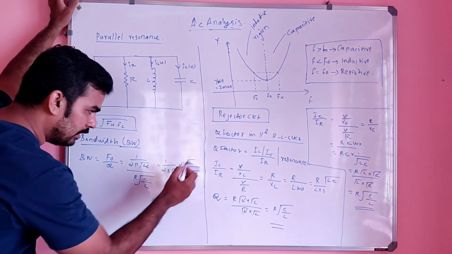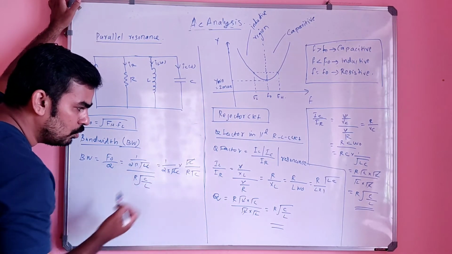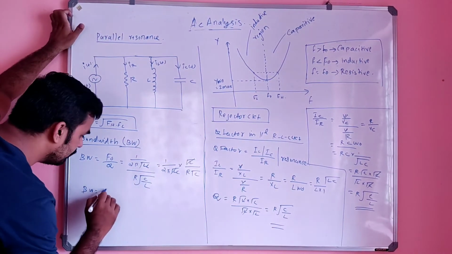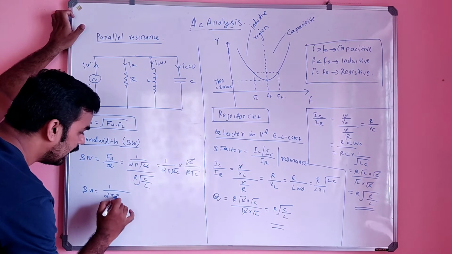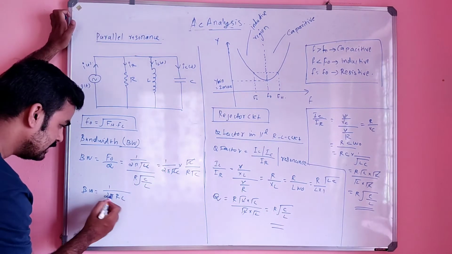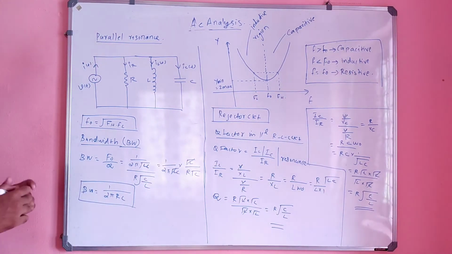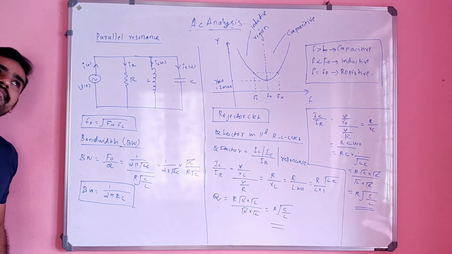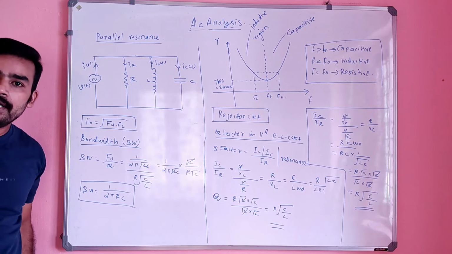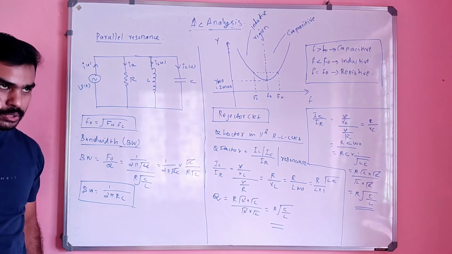This root L and this root L will cancel, and one root C is there, another root C is there, so that my bandwidth will become 1 by 2 pi RC. Is it correct or not? 1 by 2 pi, root C into root C is again C, so it is equal to 1 by 2 pi RC. Very, very important relation. In the series resonance circuit it was R divided by 2 pi L, right? But here it is 1 by 2 pi RC. So you have to